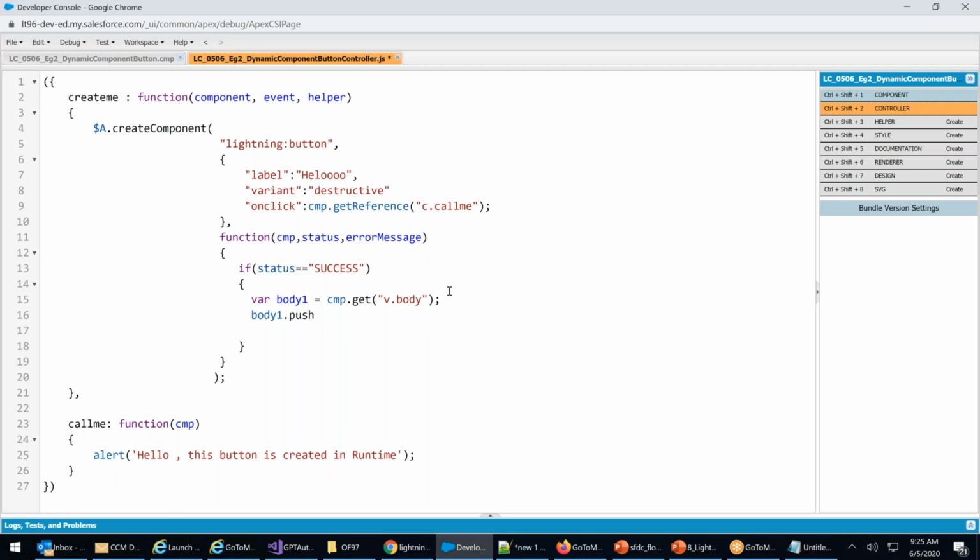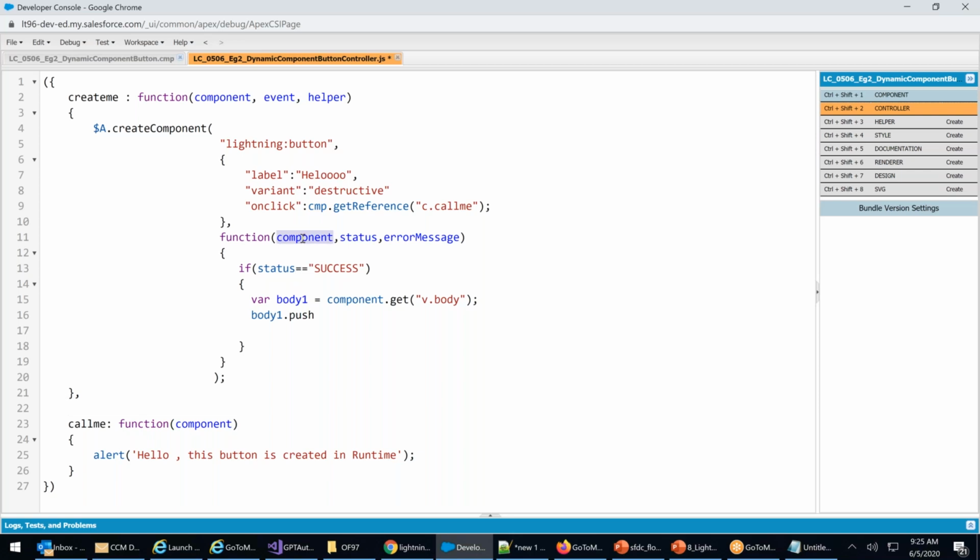One minute, we are making confusion everywhere. There's a little confusion, it's getting created between comp. Let me do one thing. Let me change component everywhere. Comp, comp, comp, component dot body dot push what?